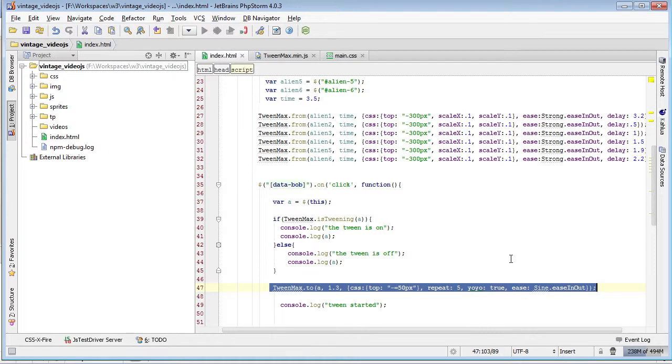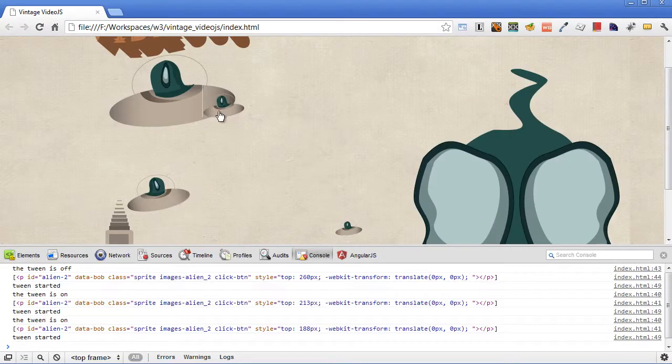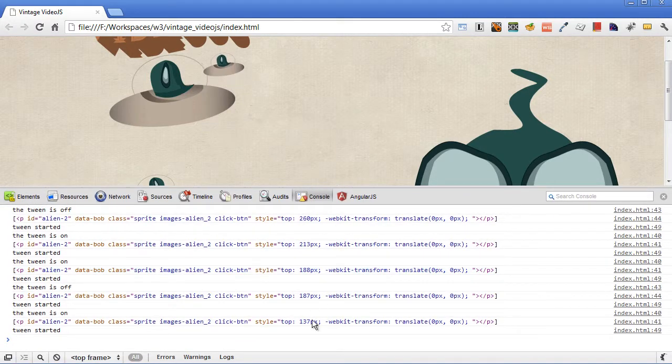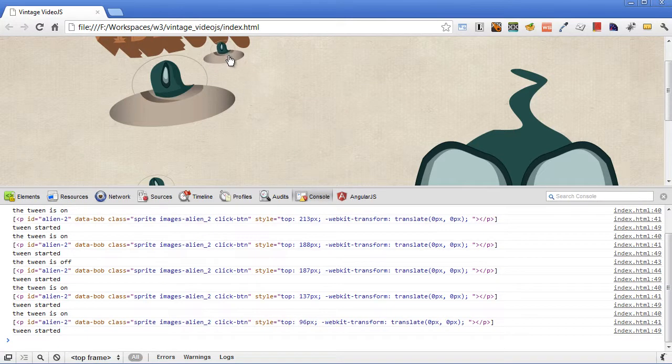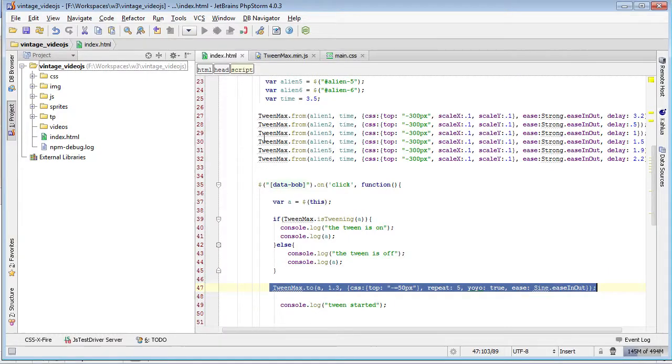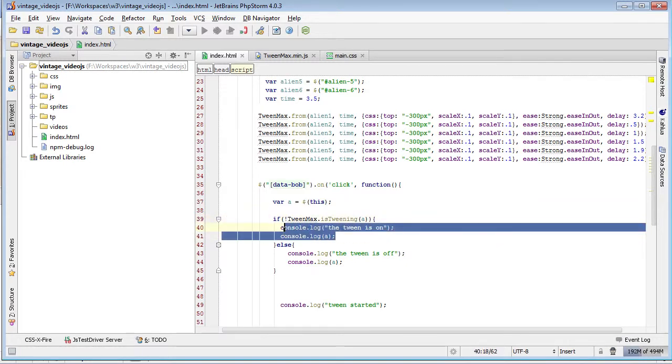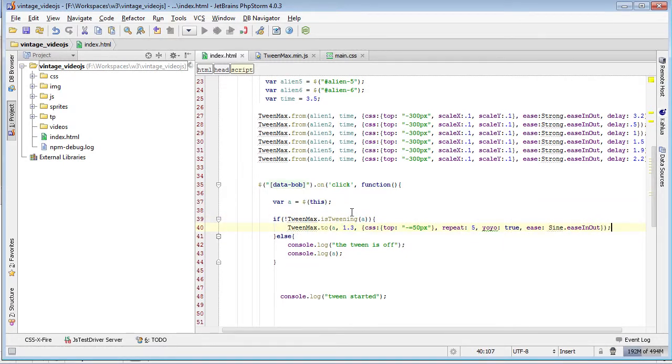So what we can do is now that we know for sure that this works, tween is off, tween is on. And of course we have the DOM also. So if you want to do some quick checking, tween is on. So what we don't want is when the tween is on for this to happen. So what we're going to do is just make this a falsy statement, and if it's not tweening, then we tween. Otherwise,